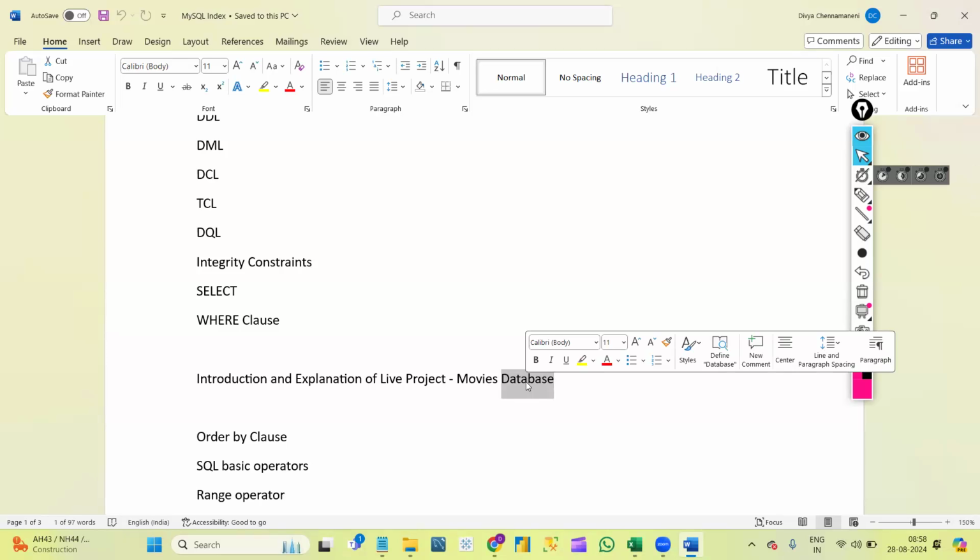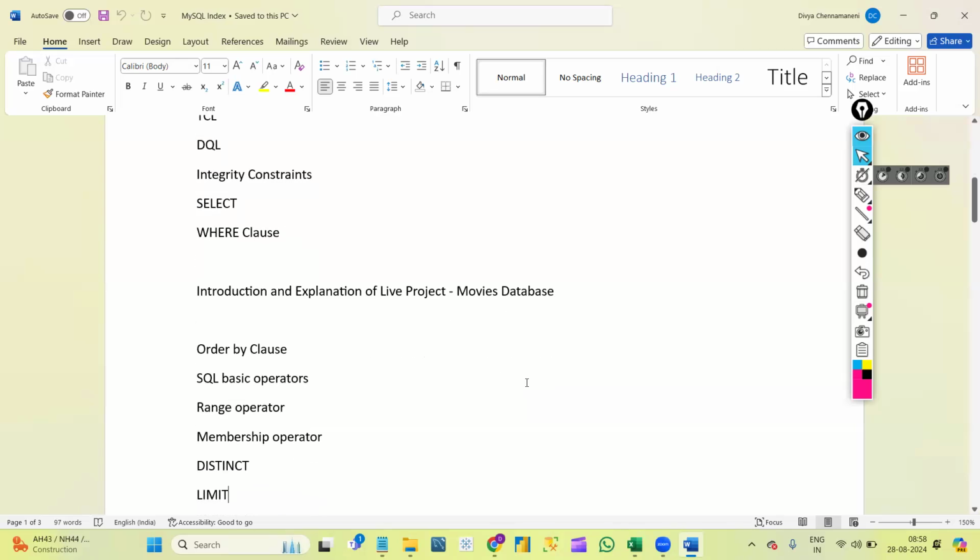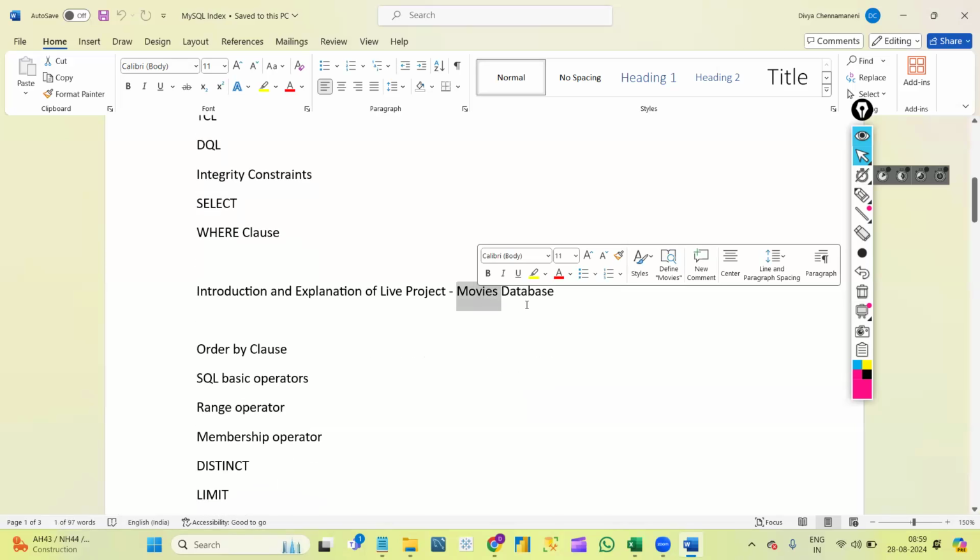So here especially, I will explain every concept on real data only, so that you can relate to it. If you are completely new to SQL, or if you have some gap and are planning to get some experience, it will be helpful for you, correct? You need to understand how we will work with big data. That's the reason I will use the movies database here. That is a Netflix database. I will show you that database first.